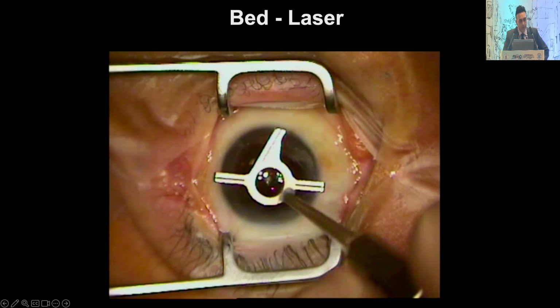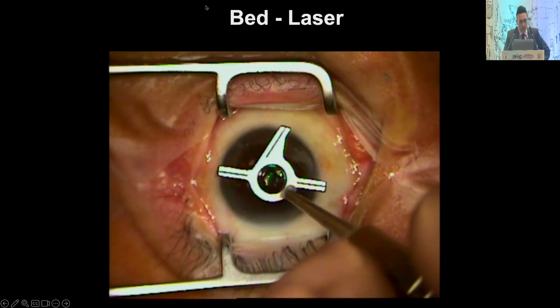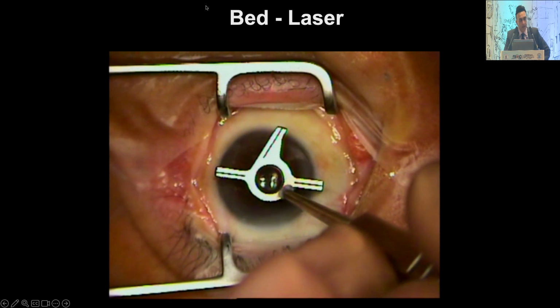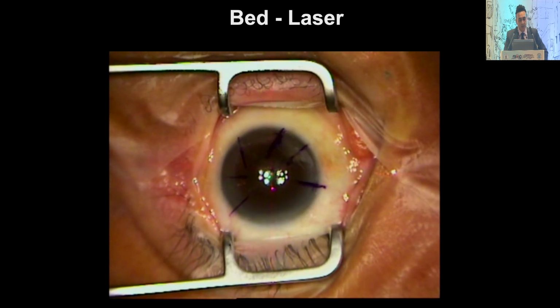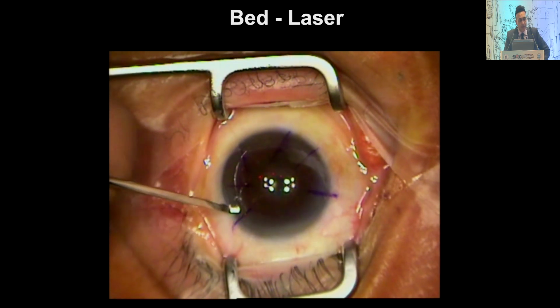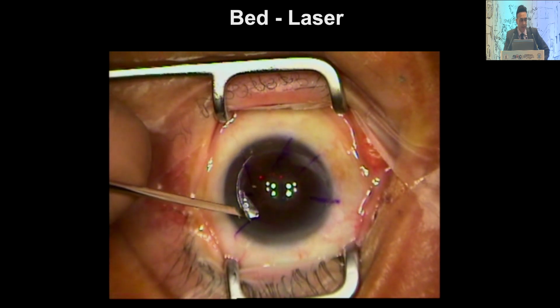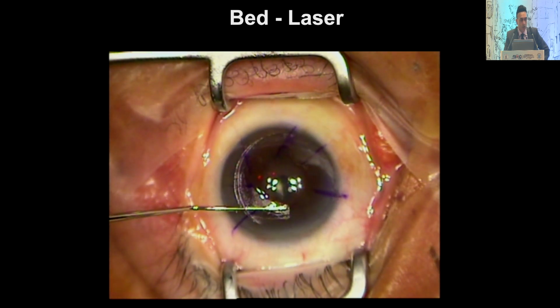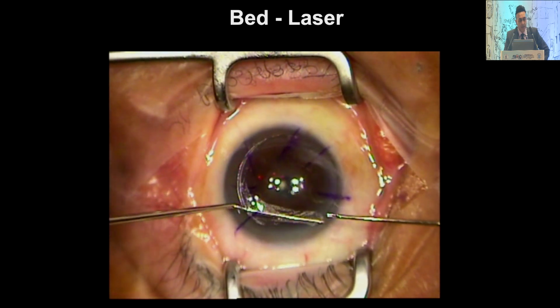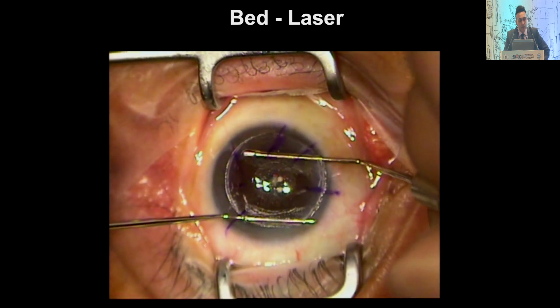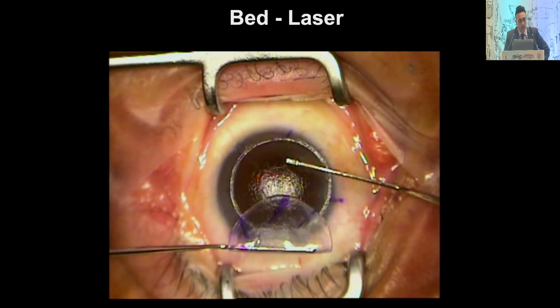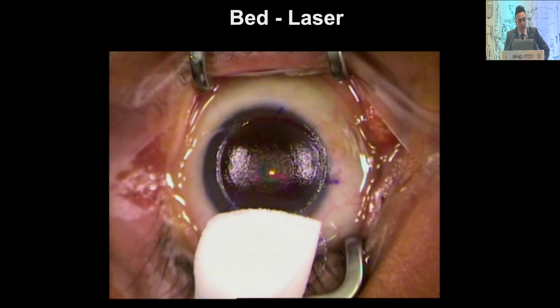You then go back a few months later, and what we do is lift the same flap up, and this time we laser the bed. And the options here are dependent on whether there's a cataract. You either use a PTK module, or you do an excimer ablation as you would for LASIK itself. But again, the difference here is that once you do the ablation on the bed itself, we also use mitomycin C on the surface to help reduce the